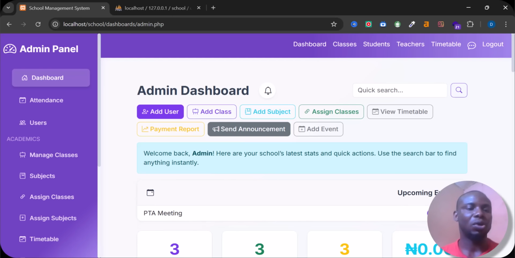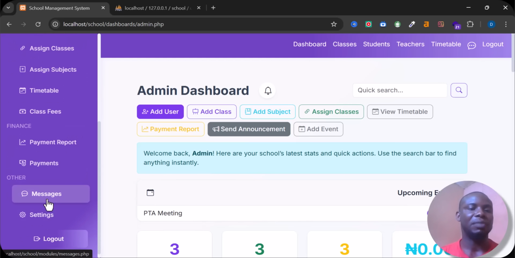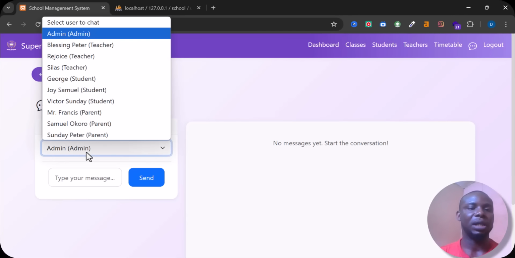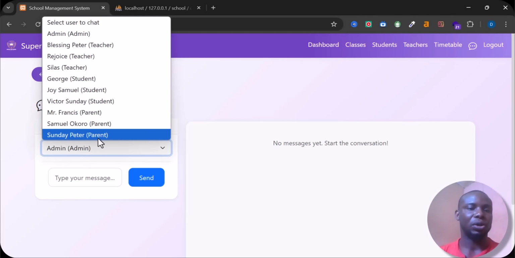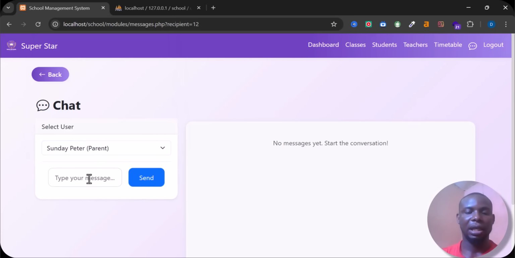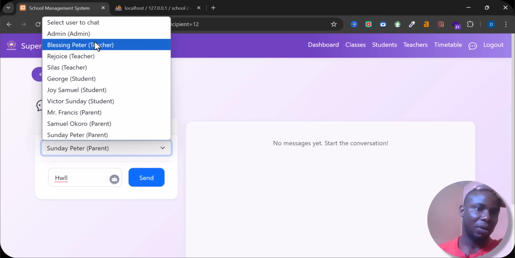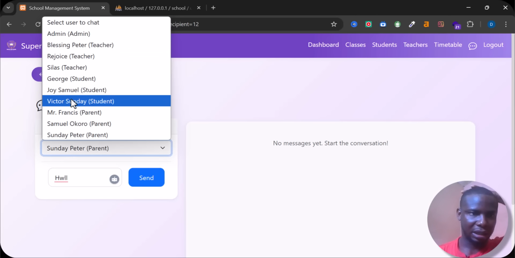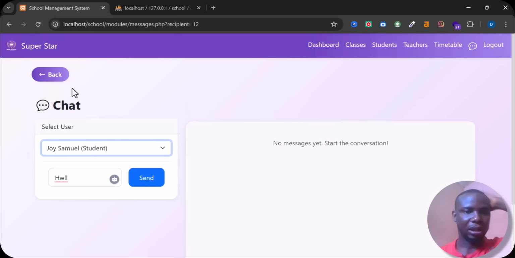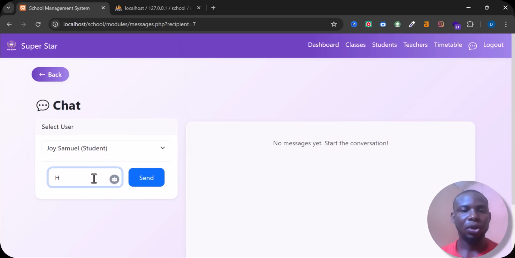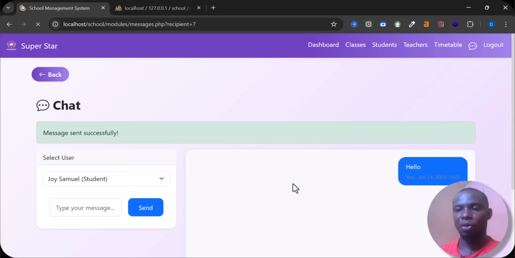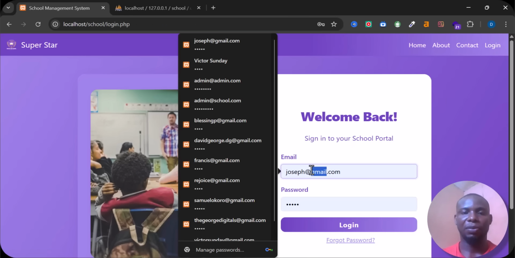And as an admin, I can also communicate just by clicking on this side, you see message. Then I'll just click and select the person I want to send message to. So let's say I want to send message to a parent. So Mr. Sunday Peter, I'll just select that. Or I can select to a student. Let's say I want to send it to one of the students here. Let's say I want to send it to Joy. So I just type here, hello. So once I click on send, you see this hello will be sent, and also the time I send the message, you see it. So when I log out and I go to the student dashboard,